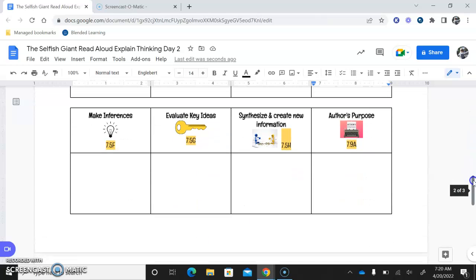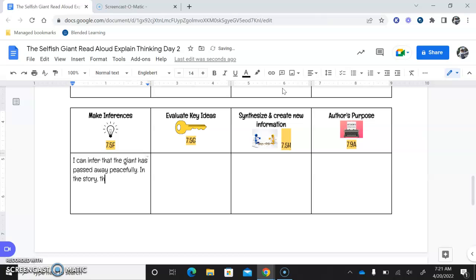Okay, so now we're going to move to the next part of our graphic organizer, inferences. So we need to make some inferences to help us fully understand the meaning of the story. So I'm going to talk about the very end of the story because it didn't say outright what happened to the giant, but we can make inferences based on what happened. So I'm going to say I can infer that the giant has passed away peacefully.